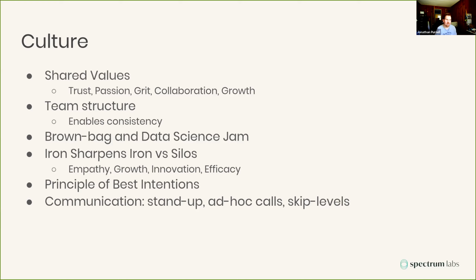Exactly. Yeah. I can't overstate the value of the brown bag data science jams, because it's not only good for knowledge sharing, but it's also an open forum for everyone to throw out questions, and to have sort of tangents and conversations about, oh, how would this apply to such and such, right? And I think